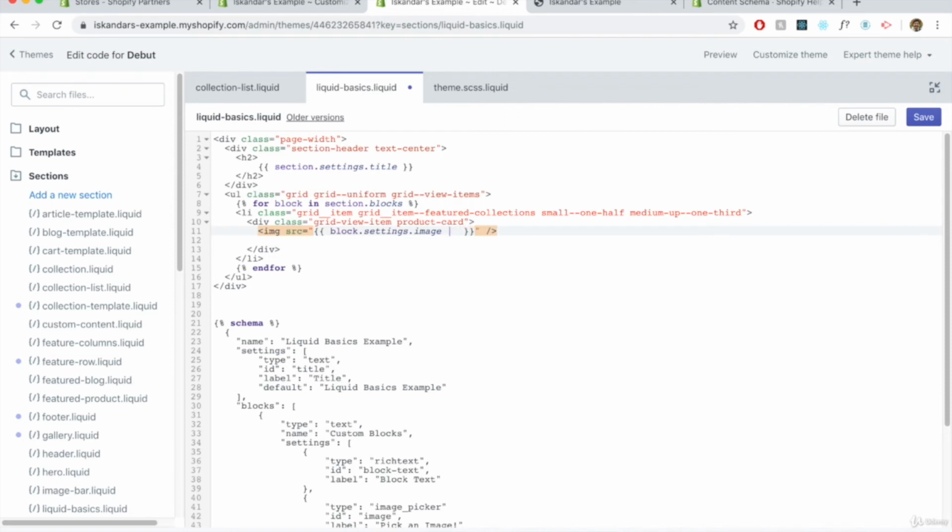After you include an image, you have to say what you want from that image, because Shopify by default doesn't know what you want to do with that image. So you got to do image URL. You got to use a filter, because you're extracting something from that image object, which contains a lot of things. It contains the image alt,